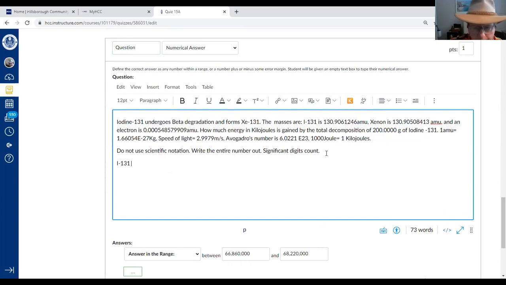All right. I-131 converts into xenon-131 plus a beta particle. Okay, the beta particle is an electron. So to get the mass defect, it is products minus reactants. Okay, so this means I got to take